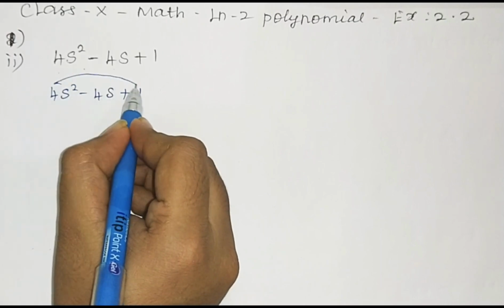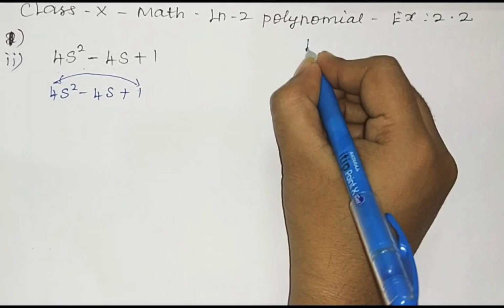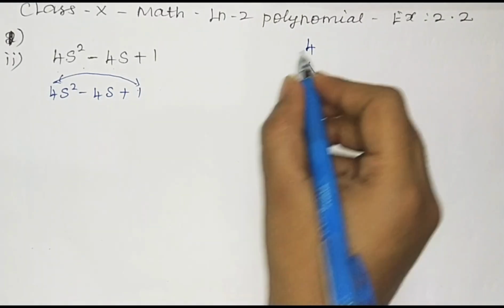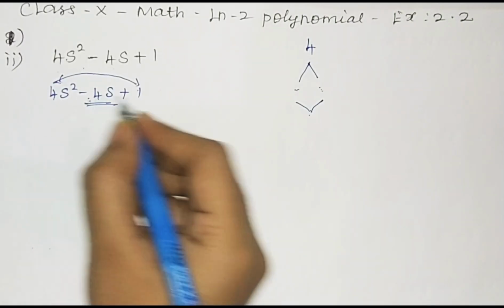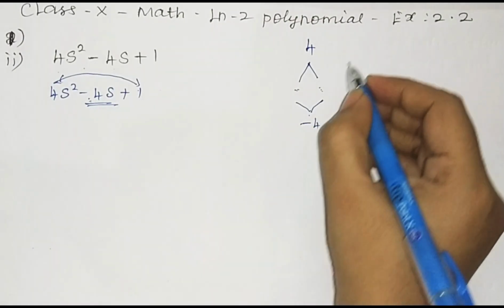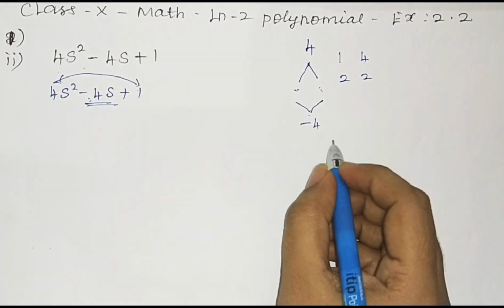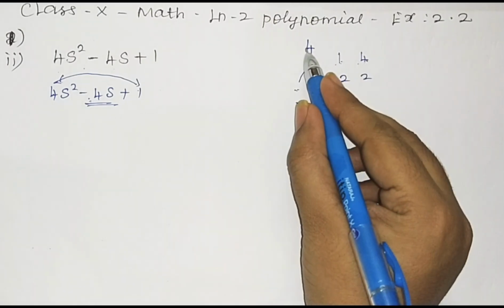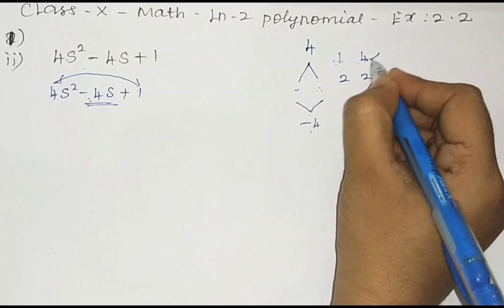Now we can use the splitting method. 1 4s are 4. So listen here, 4. Which two numbers, if you multiply, the answer will be 4, and if you add those two numbers, the answer will be the middle number? What is the middle number? Minus 4. So what is the possibility? 1 4s are 4, otherwise 2 2s are 4. Which one can we take? 1 4s are 4, if you take it and multiply, you will get the answer, but if you add or subtract you will never get this answer. So we can reject this.